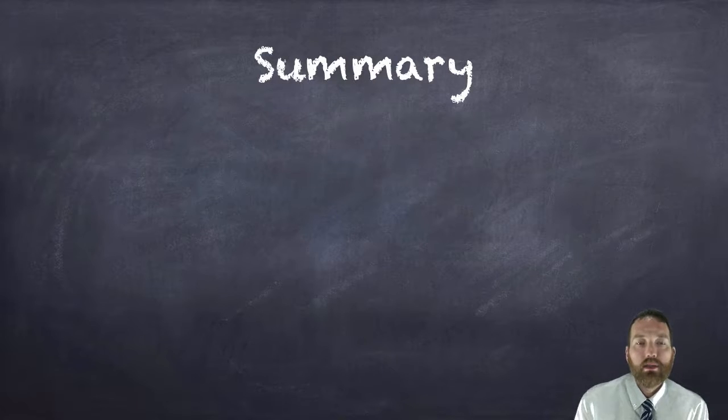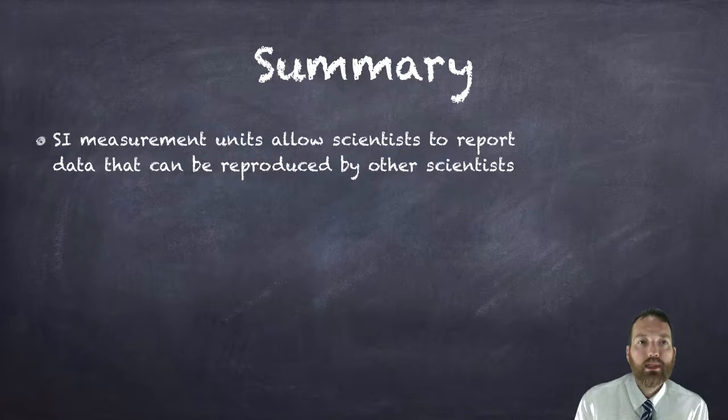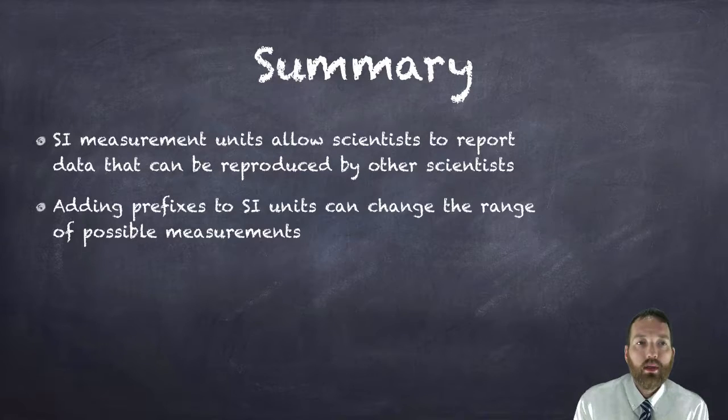So let's sum things up here. So SI measurement units allow scientists to report data that can be reproduced by other scientists. We all use the same scale all across the world, so there's no confusion in the reporting of data or the drawing of conclusions. If you add prefixes to SI units, you can change the range of possible measurements from really big, like kilo, 1,000 times bigger than your unit,